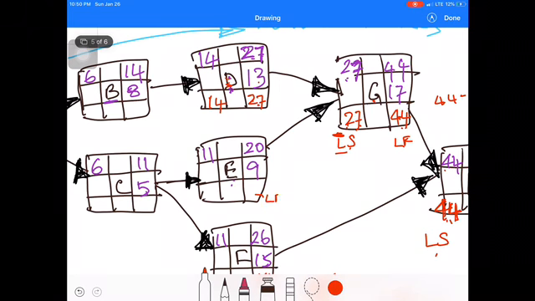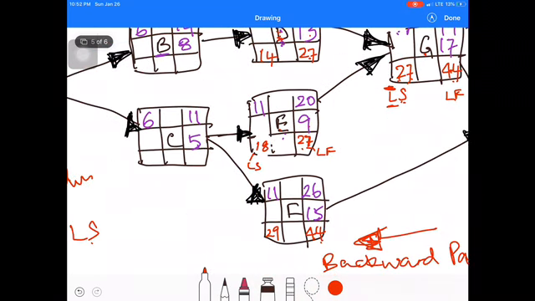The late finish date of activity E should also be 27, because the late start date of activity G is 27. So the late date of finishing this activity is the 27th. Then the late start date of activity E is 27 minus 9, that is,